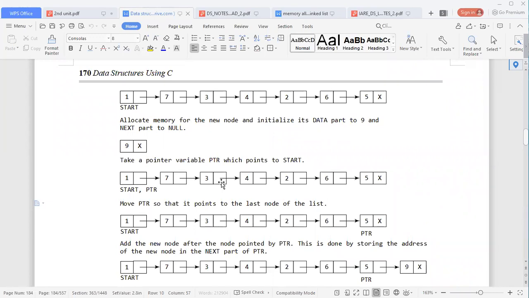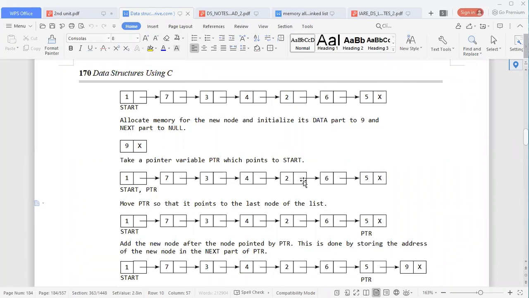Now we'll check here. What is the value in the address field of 3? 4. So 4 is not equal to null, and we move our pointer. Now what is the value here? 2. 2 is not equal to null, so we move our pointer here.